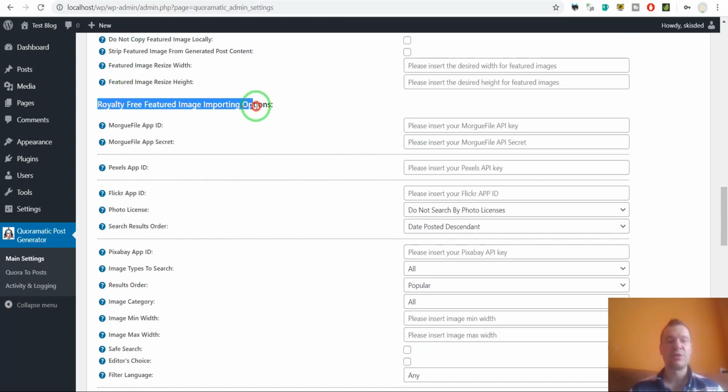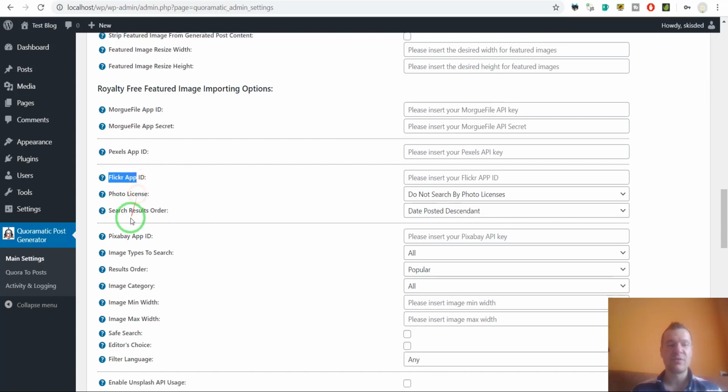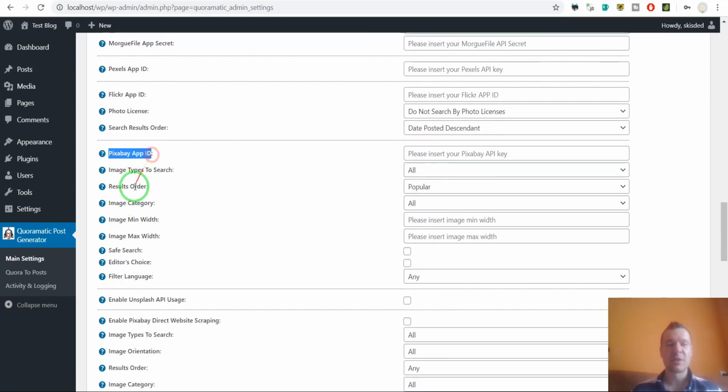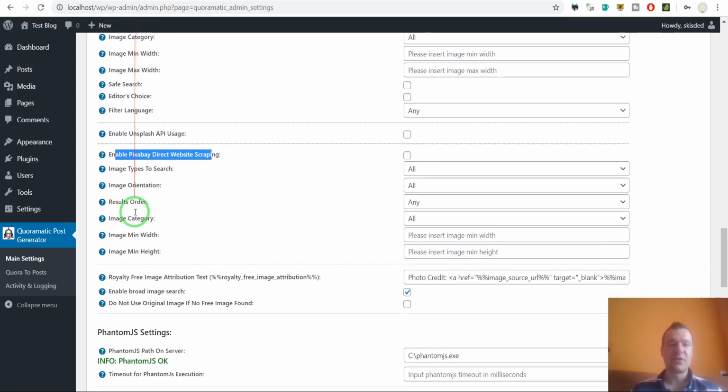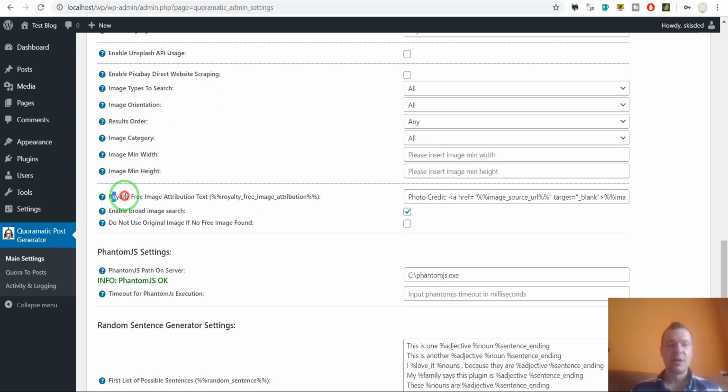You can set here the royalty-free image importing options, API keys for different services from which to get royalty-free images. So these settings can be configured here. And attribution text. You can set also an attribution text for royalty-free images. This is the shortcode which will display this attribution. Broad image search for more results for images, and do not use original image if no free image found is